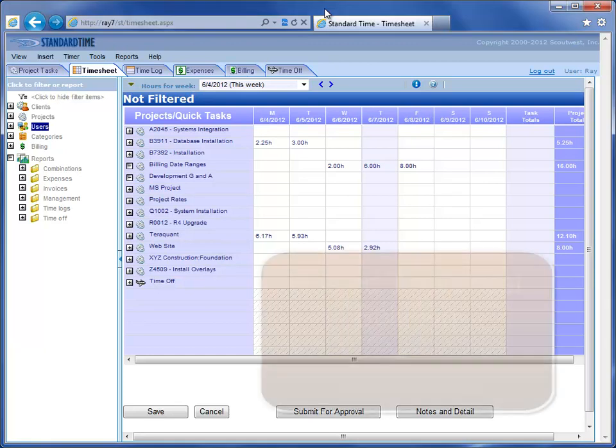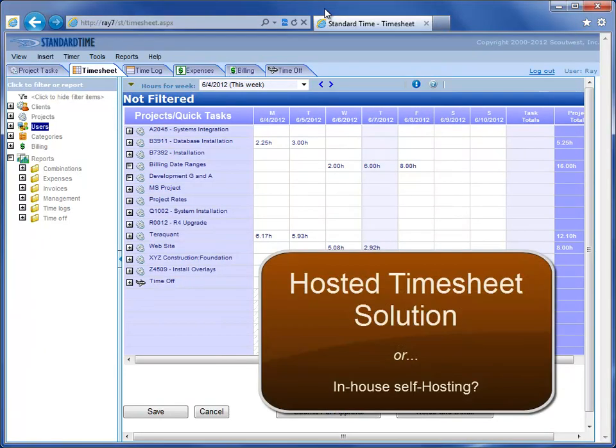We often get questions as to what the differences are between our hosted solution and when you host Standard Time internally on your own in-house servers. And so this video is intended to help clarify that. What you're looking at here is Standard Time Web Edition, and when we host Standard Time, this is the solution